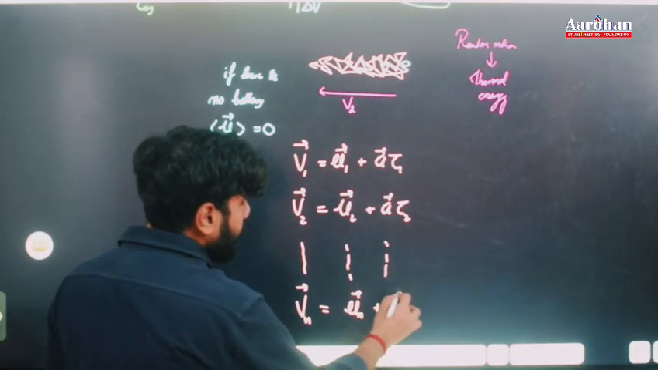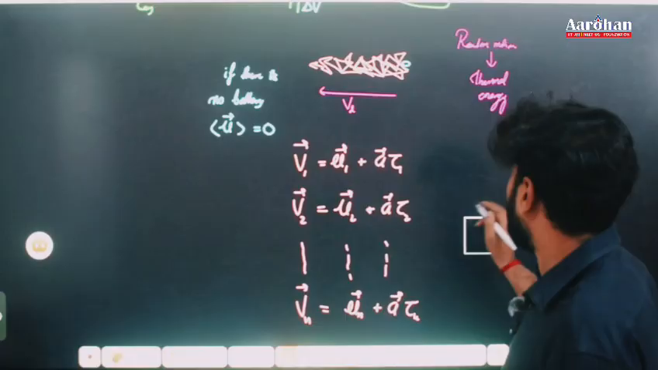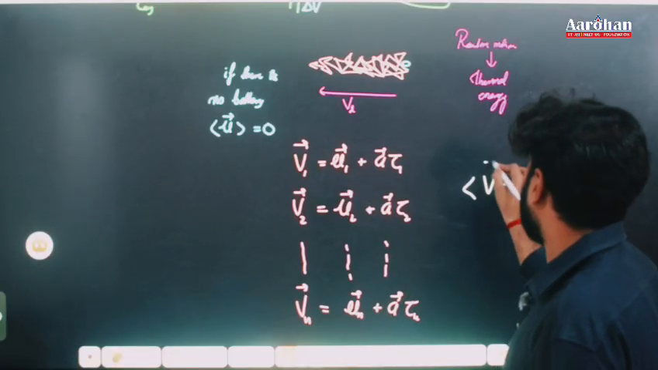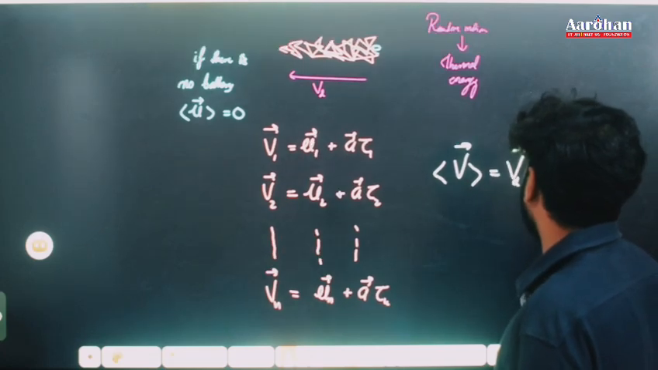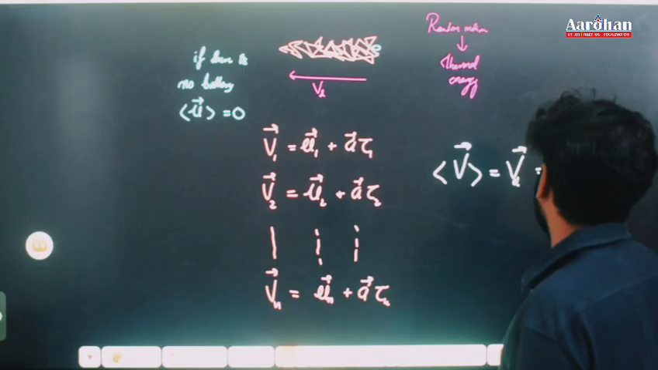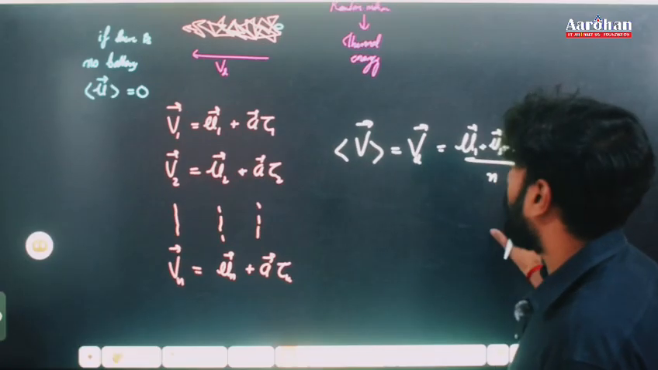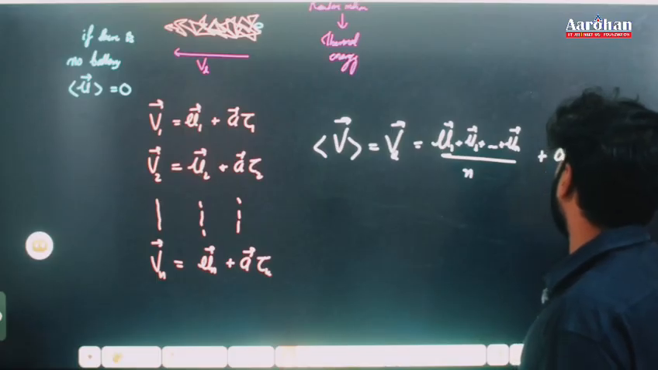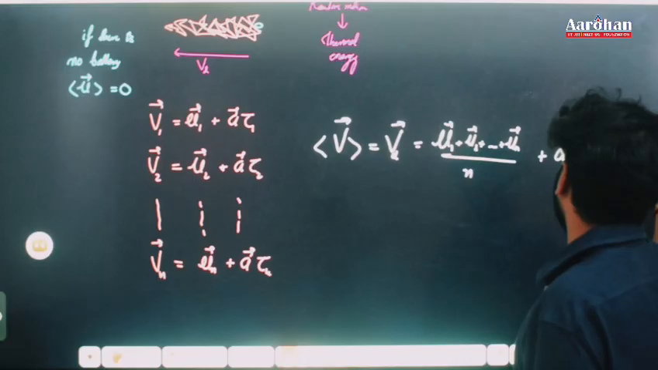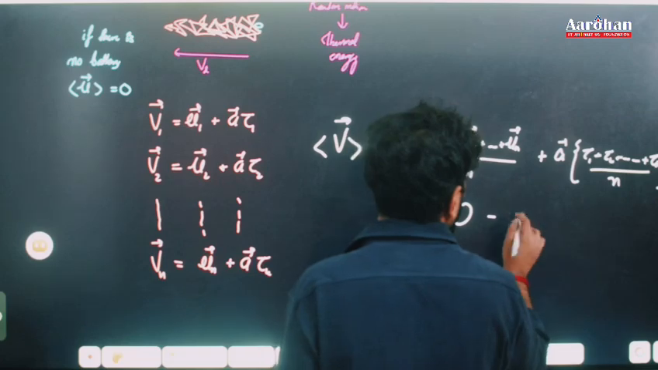And if we calculate the average, this is the symbol of average, that average is known as drift velocity. I can write that average like this: U1 plus U2 plus U3 up to UN over n. With no battery the average velocity was 0, and here you can take a common factor, tau 1 plus tau 2 up to tau n over n. If you simplify, this will give you 0, and this a was minus e